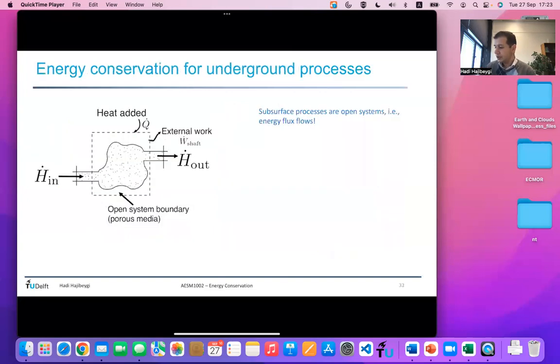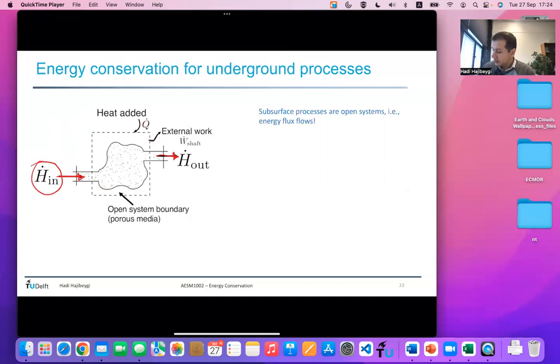Okay. Now we do the mathematics of underground energy balance equation. Now, compared to that adiabatic isolated air parcel, subsurface processes are open. Flow comes and goes away. So I have a control volume like this one that I'm plotting for you, in which there is an influx of energy. I call it with H dot N, H standing for enthalpy. And I have outflux of energy from that system.